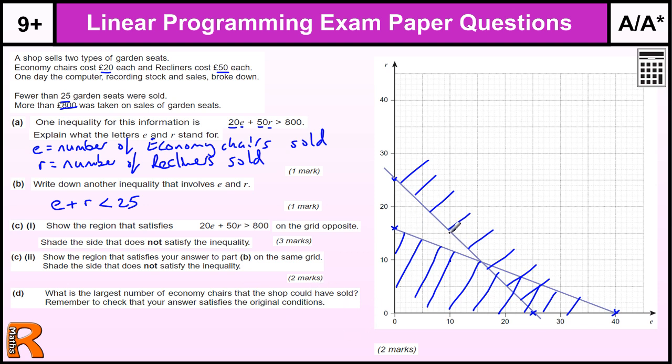Now all these things in here are what could have happened. They all satisfy the two inequalities. The thing we've got to remember is this inequality is strictly less than 25 and this inequality is strictly greater than 800, so we're not including those lines. This point here, which would possibly be the biggest one, is not included because it's going to be on this line. If I've drawn this accurately, which I'm a little bit out, let's try and move that down a little bit,